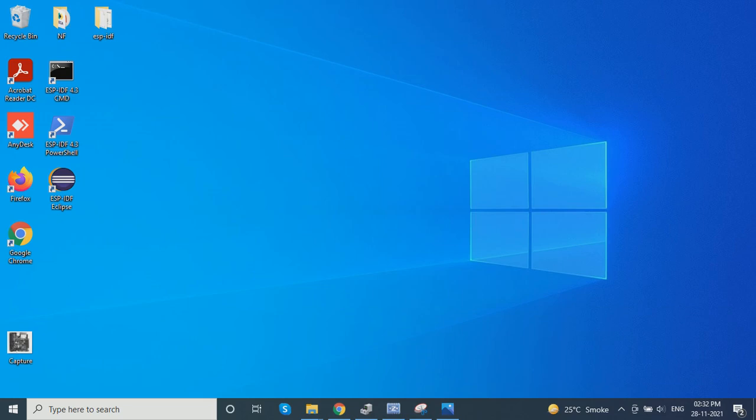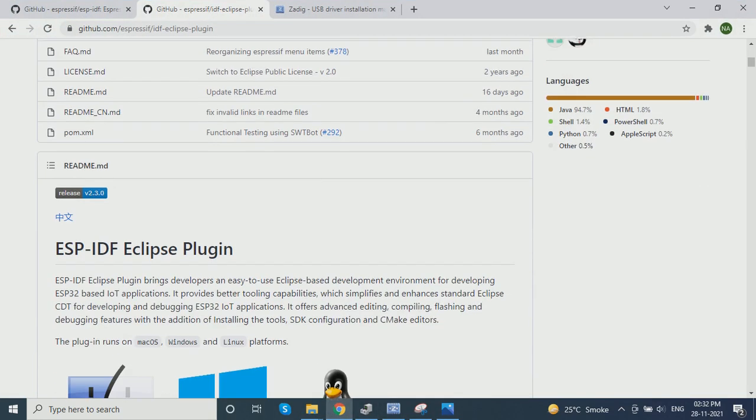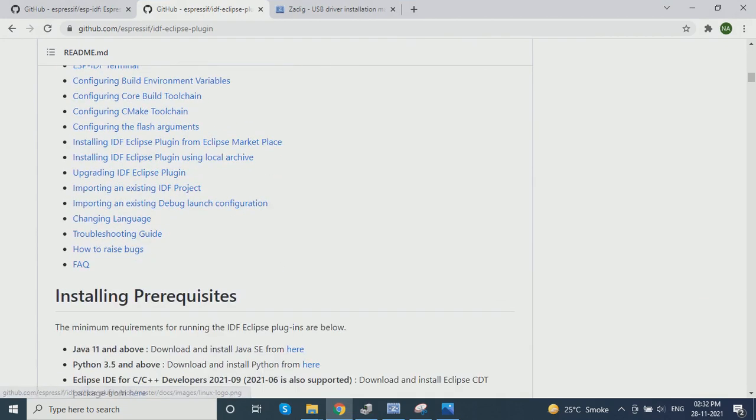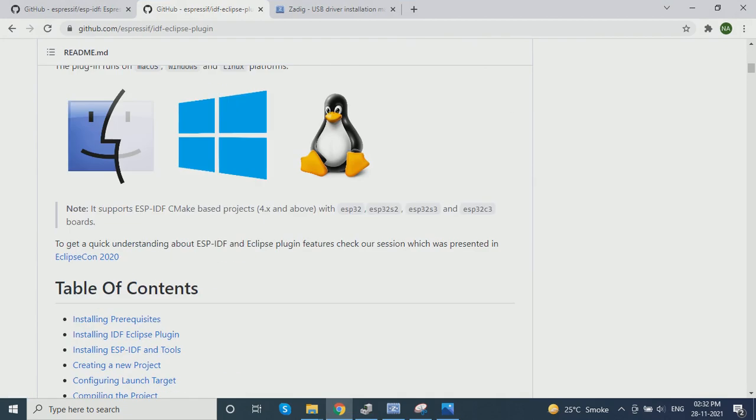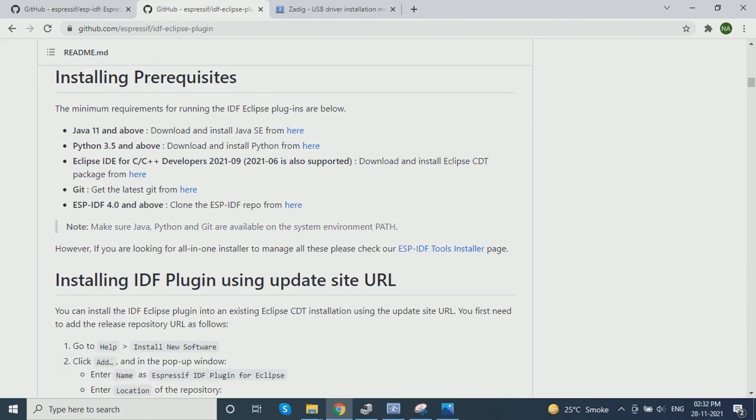So to proceed, we need to download ESP-IDF. So this is the link. From this link, you can download ESP-IDF. To download ESP-IDF, we need to follow this process: